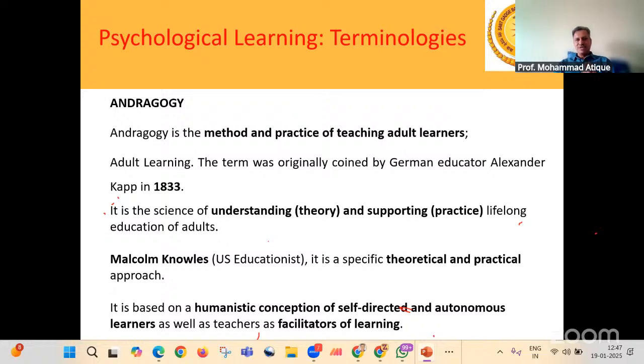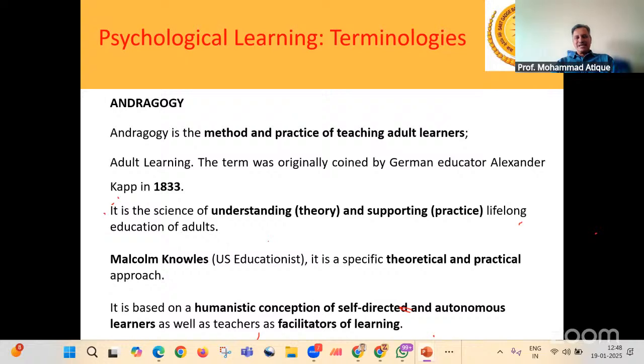But unfortunately, we normally do not keep that particular thing in our mind, and we start delivering the session, right? Your approach has to be different because you are dealing with adult learners, and most of us are from senior colleges. So whatever student input you get, they are all adult learners. Now you may say, sir, what is the difference between an ordinary school-going student or a junior college student and an adult learner? Oh, there is a lot of difference, because they are all grown-up people, right? And their understanding is altogether different.